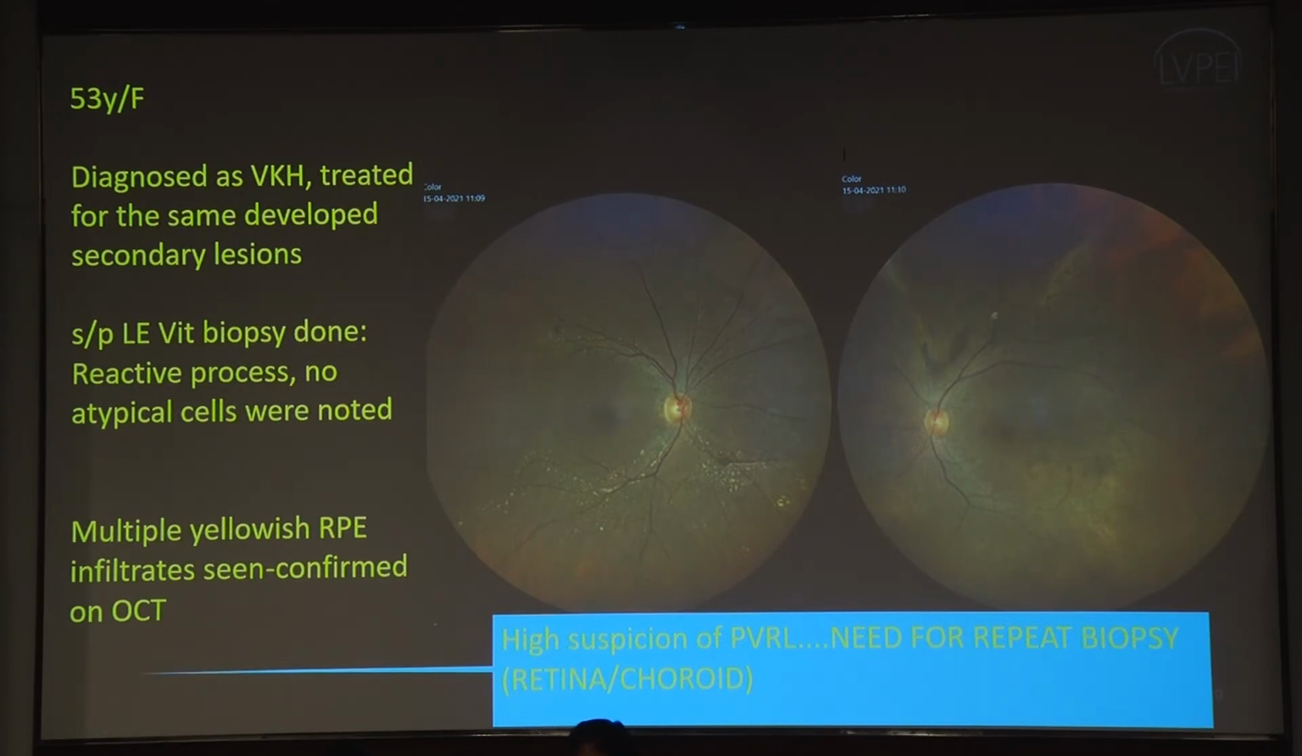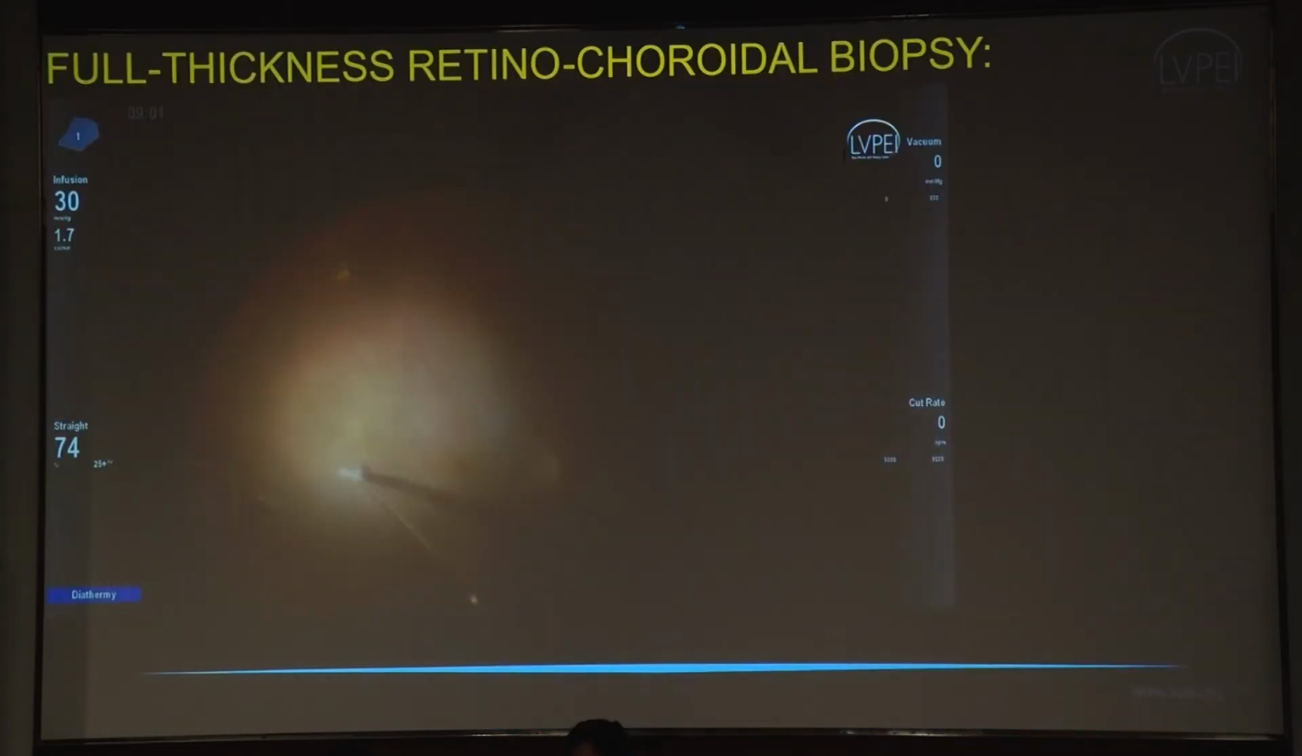intraocular lymphoma. So we went ahead and did a repeat biopsy, and at this time, because the vitreous had already been biopsied, there was no material which we could collect from the vitreous. So I went ahead and did a subretinal biopsy as well as a retinochoroidal biopsy. This is a short video where you can see I'm just